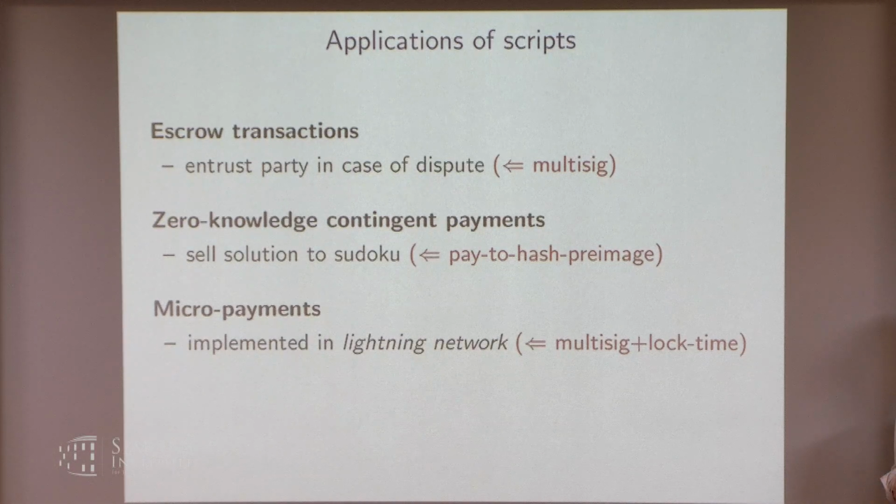I'll not go through it, but the idea is that if, for example, I want to offer someone internet access and I charge them 1 cent per minute, then I cannot do this via Bitcoin because A, transactions are too slow, and B, I will probably pay more in fees than that 1 cent that I get. So the idea is that you can make payments offline by what they call establishing a payment channel, and only when you open and close the channel will something actually end up in the blockchain. But still, all the security guarantees that you get in this channel, that no one can steal your money, are bootstrapped from the blockchain.